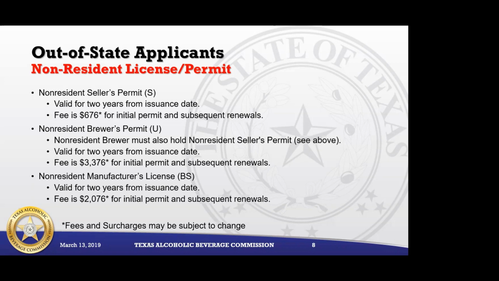So when we're talking about brand owner, it could mean that your product is being manufactured under a contract or alternating proprietorship agreement. We also have a non-resident manufacturer's license, and this license authorizes the holder to transport beer into the state of Texas only to the holder of importer's licenses. As with a non-resident brewer's permit, the licensee may contract with the holder of a non-resident manufacturer license to provide manufacturing services, or use the licensee's manufacturing facilities under an alternating brewery proprietorship.